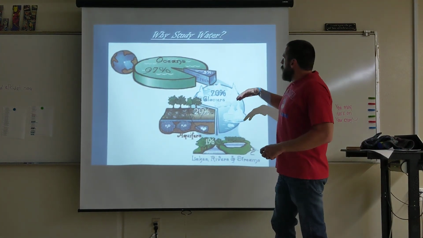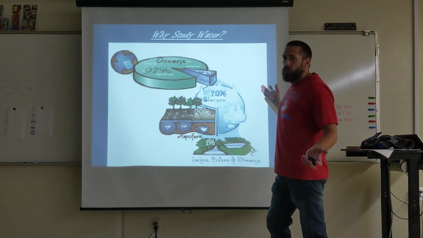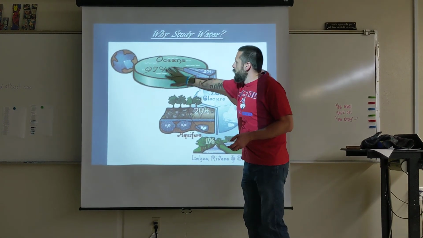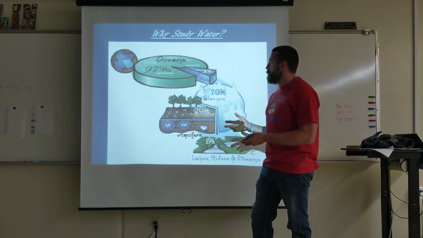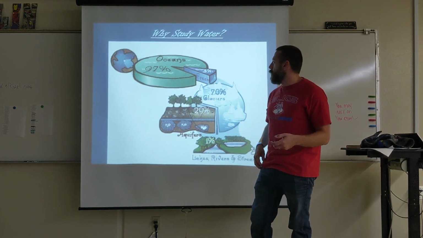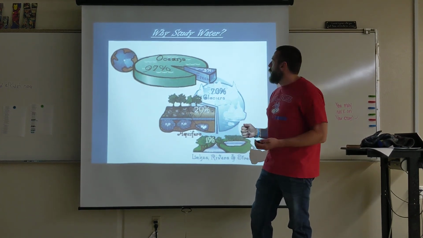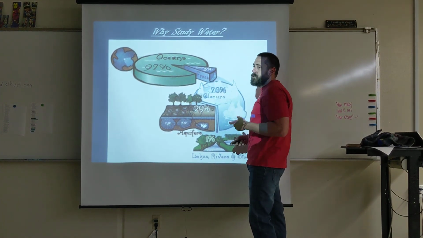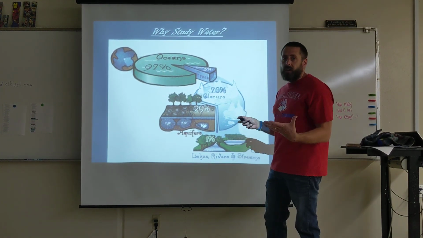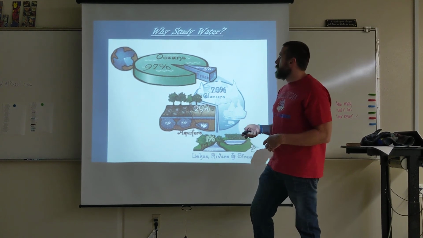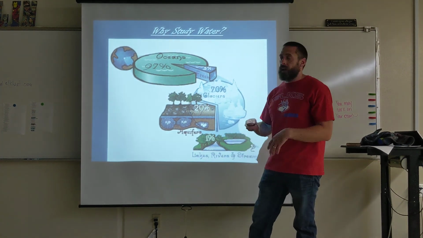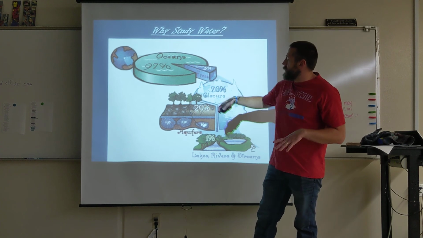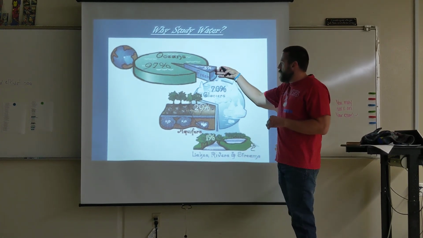Now, of your water, about 97% is going to be salt water, your ocean water. Of that, 3% is your fresh water that you have on the earth. So the bulk of our water, which we all know, you have more water than land, is all going to be your oceans. Now, part of your fresh water,